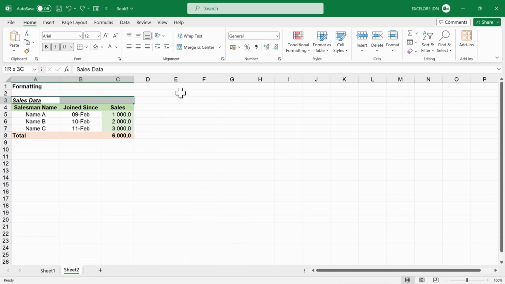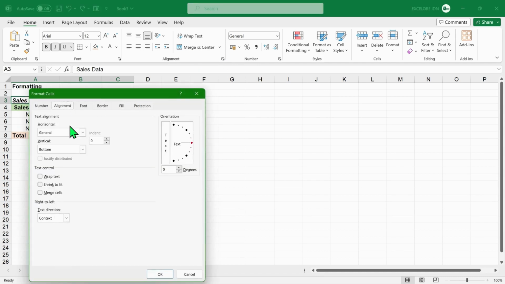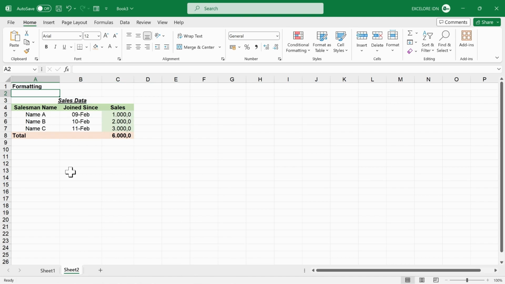Additionally, we'll place the data title in the middle of the data range. There are 2 ways to set it. First, by using the Merge and Center button. Or we can set it through Formatting Cells box. Click this arrow, then select Alignment. Under Horizontal, click the drop-down list, then select Center across selection. Well, now the data range looks better.